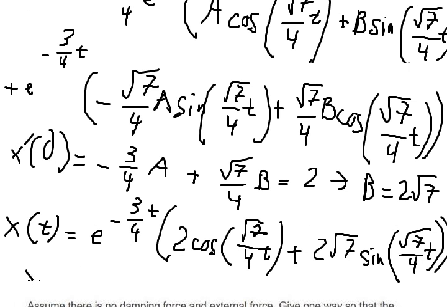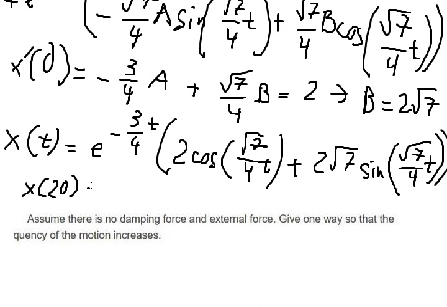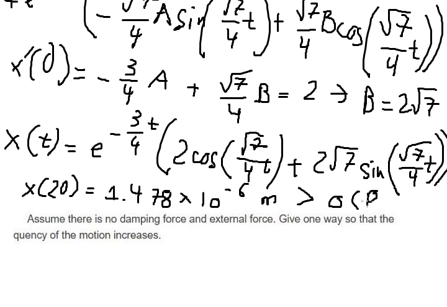So we put s of 20. That is from the question in here. So we calculate this one and we have 1.478 multiplied by 10 to the power of negative 6 meters. So we see that this one is positive, so that should be below